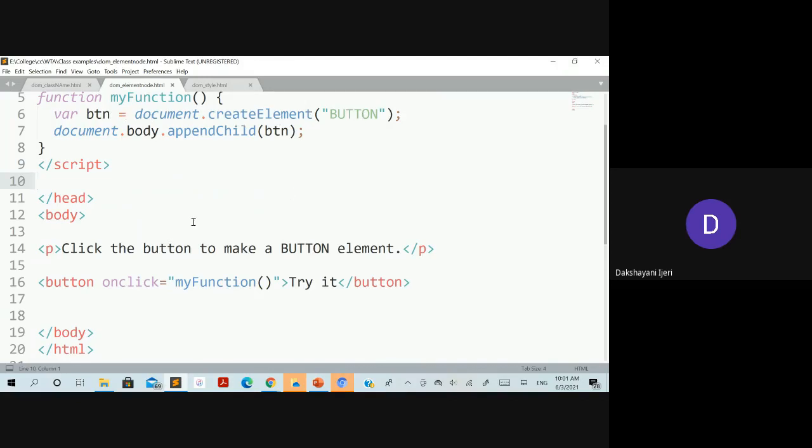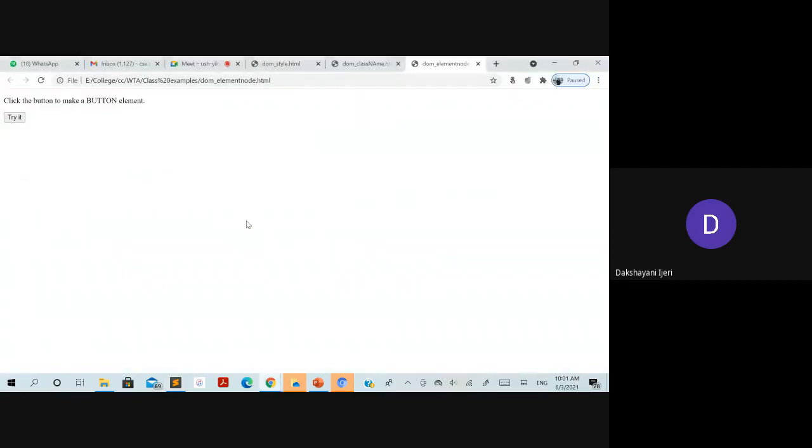When this function needs to be executed, again it is based on some user interaction here, for which another button has been taken. You can see here it has only text and this button, and once I click on this, are you able to see this small button? The size of this button is very small because we have not labeled anything to it, so it is taking only the clickable button here. This is a very simple example.